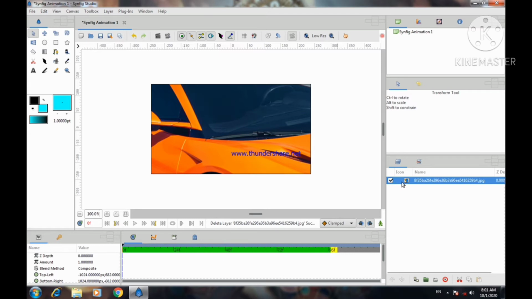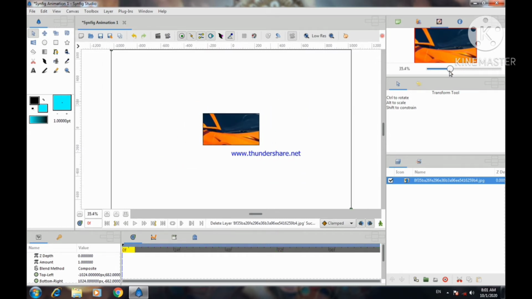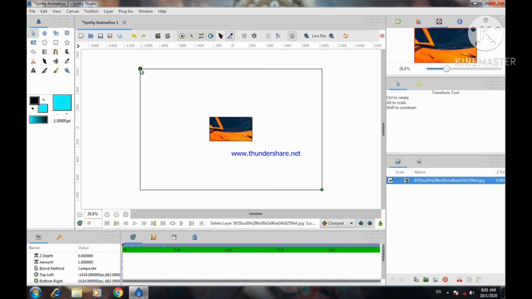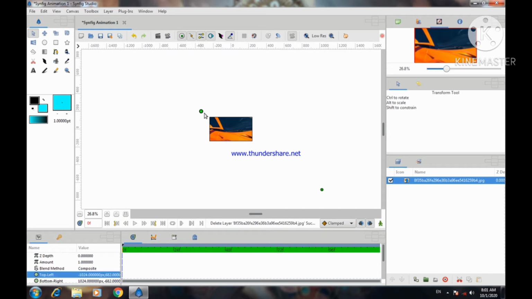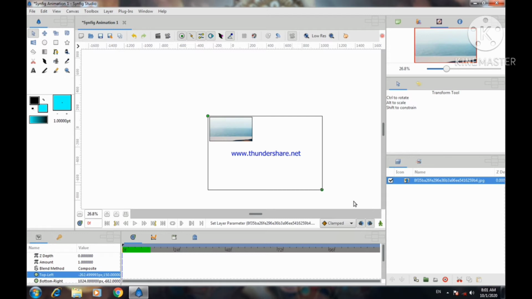Now I have only the image. Now go to the canvas navigator. You can see this is the actual size. Now I will resize the image